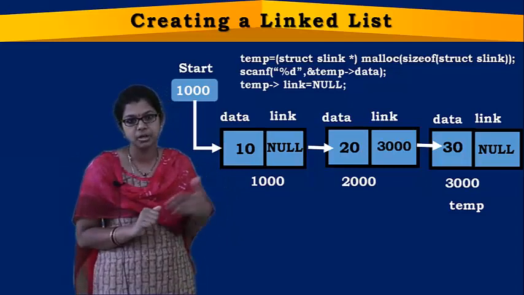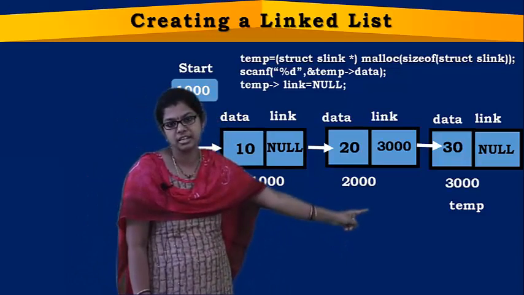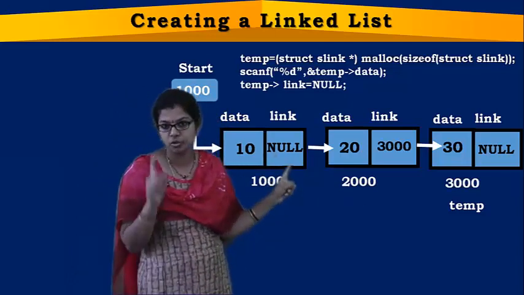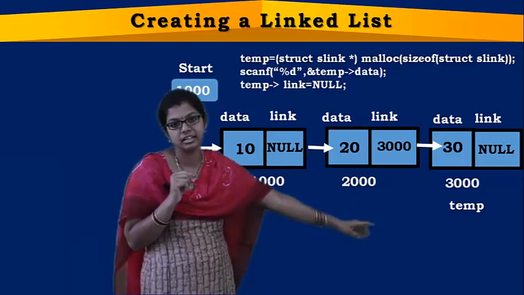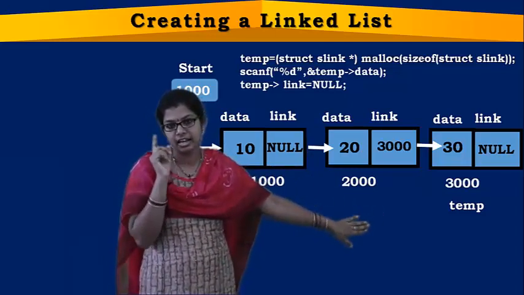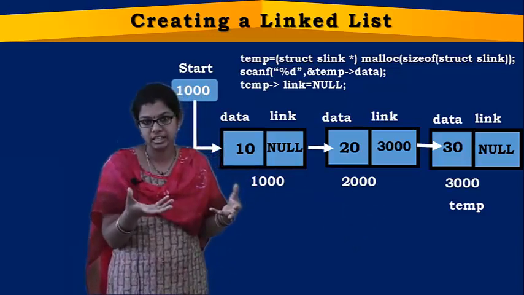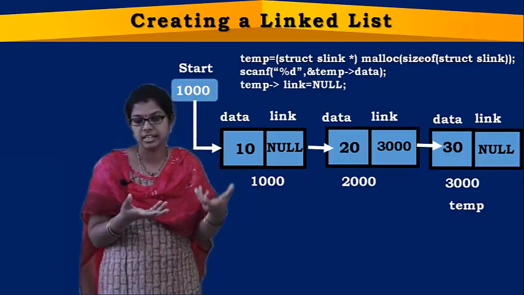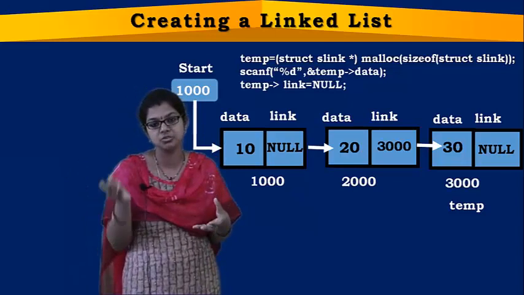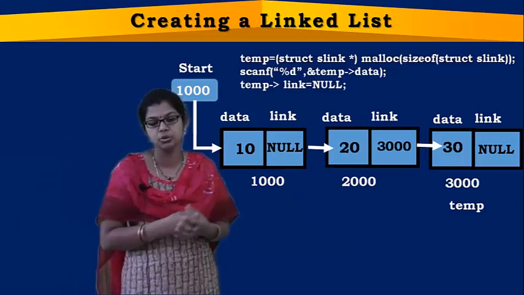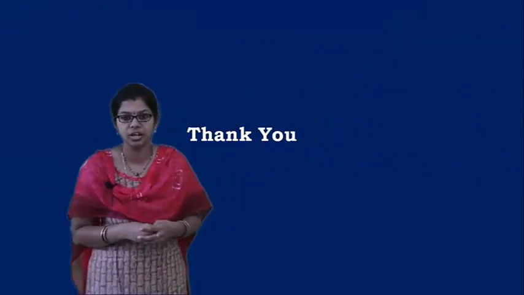Is that clear about the creation of a singly linked list? So a singly linked list is going to be represented like this. Each node consists of only one link, that is to the next node. In this way you will be creating a singly linked list: allocating a block of memory, dividing it into two parts, accepting its data part and assigning its link part to null, and then establishing appropriate connections between the singly linked list and the new nodes. So this is the creation of a singly linked list. Okay, thank you.